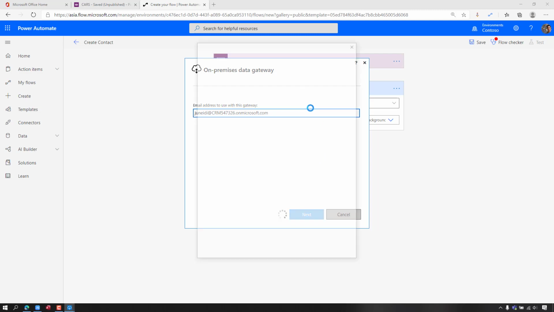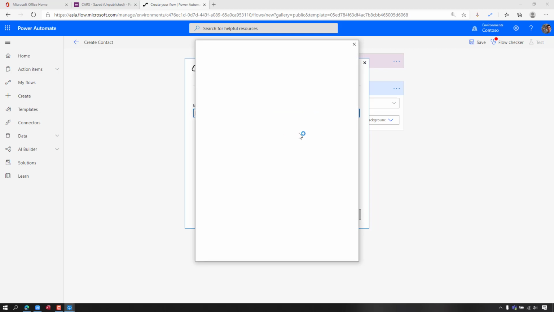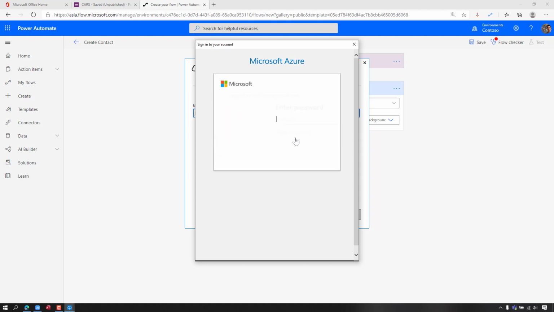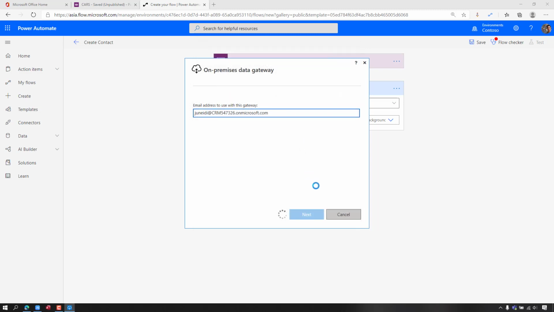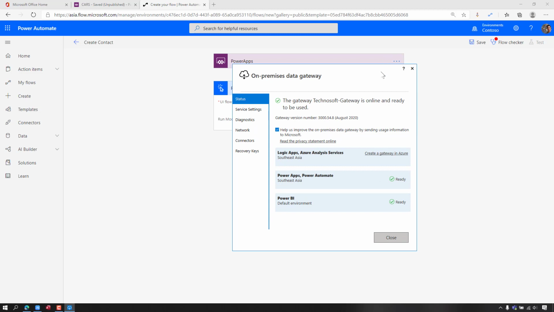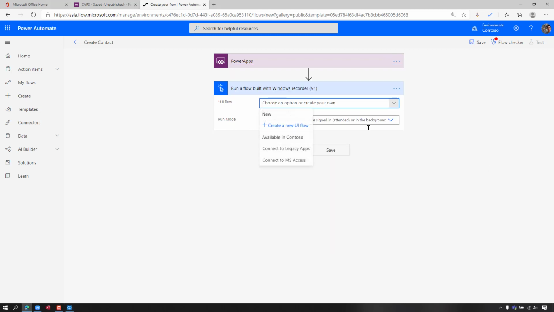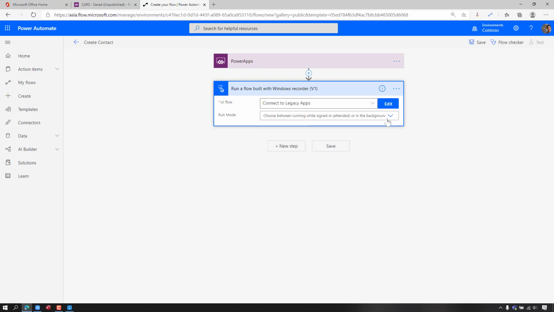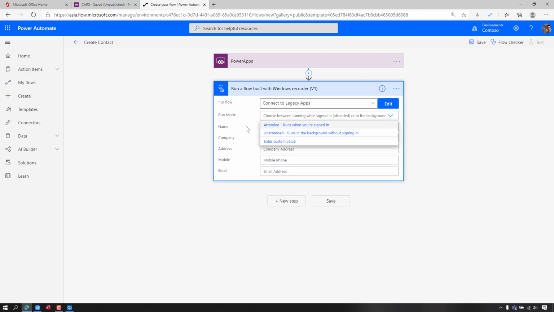Okay, and just sign in. Put in my password. Okay, and it's connected now. Let's go back to the flow, and then you can select the connect to legacy application here, and in here you choose attended or unattended.